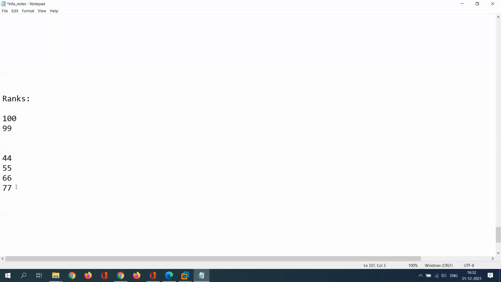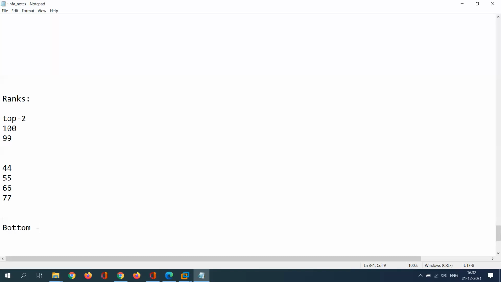And I have the last one, that is 77. This is also lesser than these two values. So my result here for top two, I received 199. In the same way, I want to see bottom performers also.